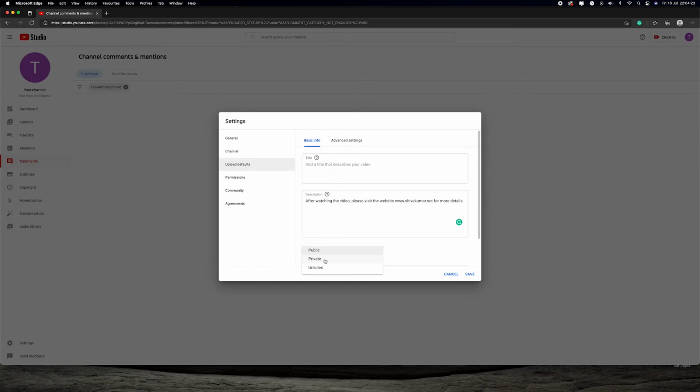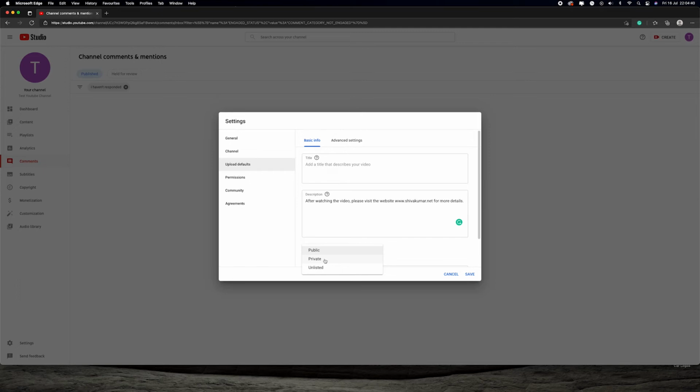Wherein you can invite them based on your email ID. So anybody whose email ID is not defined by you, even if they get hold of the URL or the link, they will not be able to see the video. So that's one advanced option that is there in private, which will really help if you want to have a restricted number of people see your video.